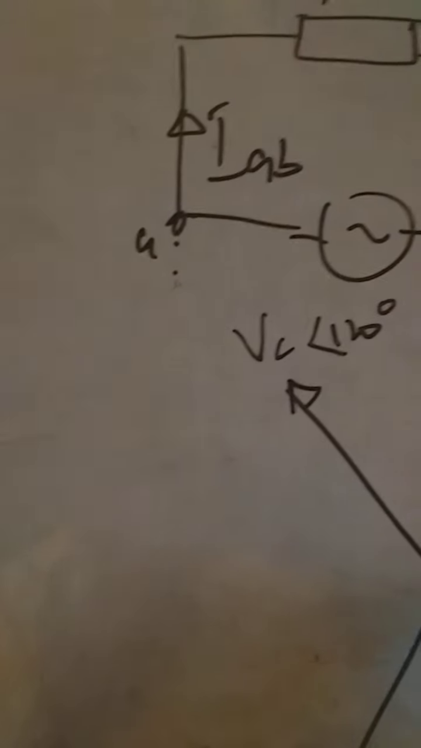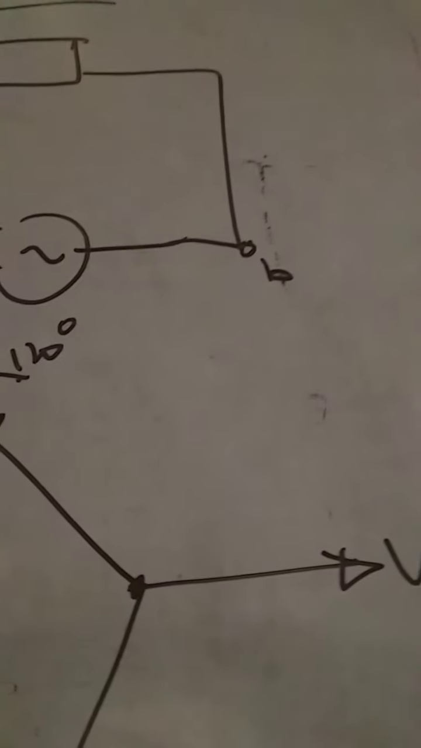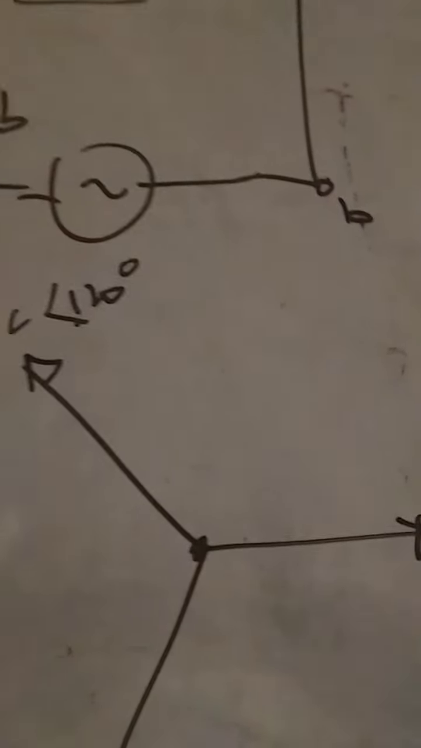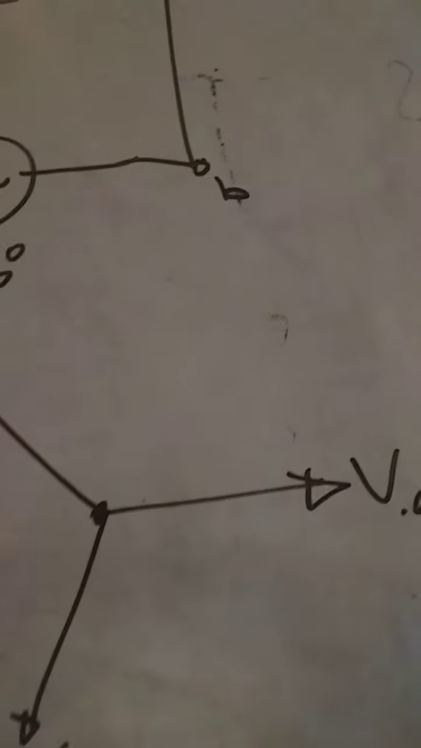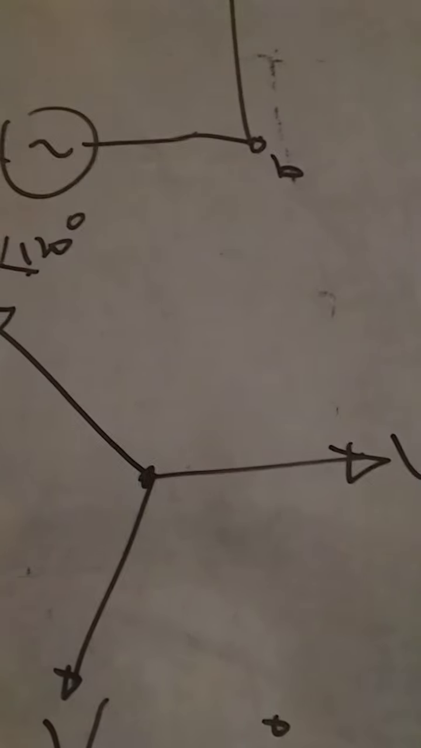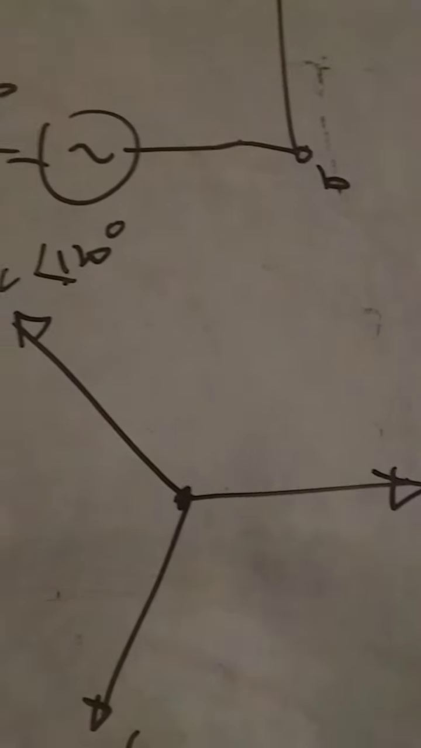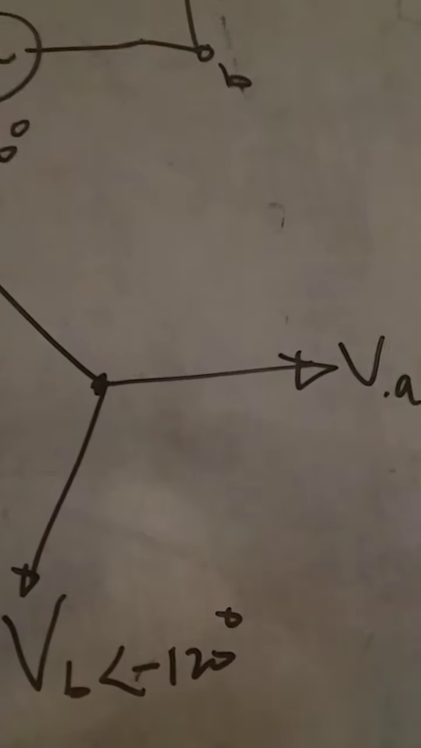Of course, when you take it out from 360, this one will be on the positive side, which is 120 degrees. This is ABC. We call it ABC, or positive phase sequence. Then when you have this as VA, if it is positive phase sequence,